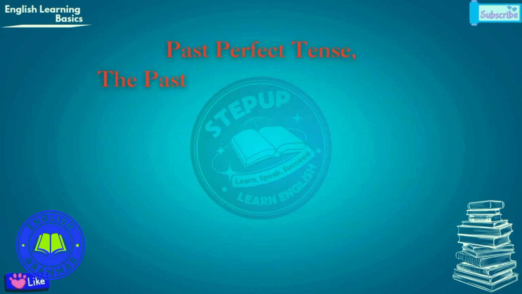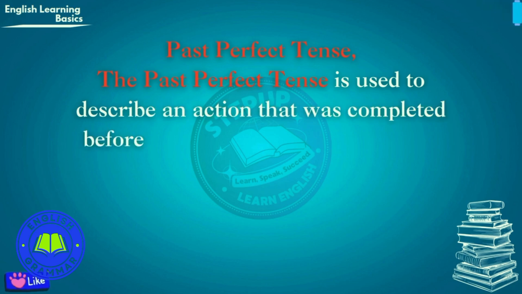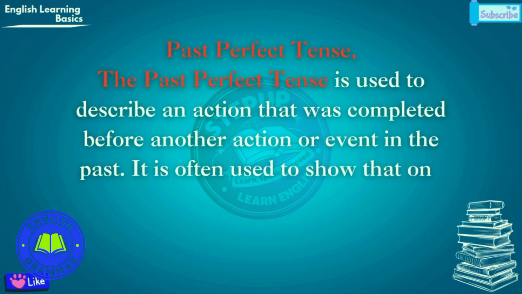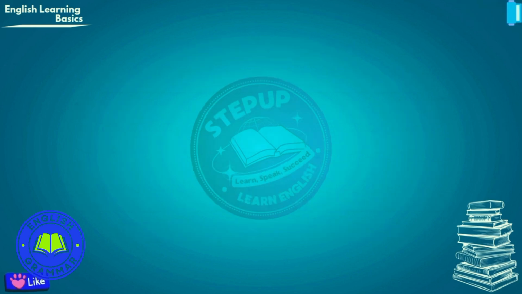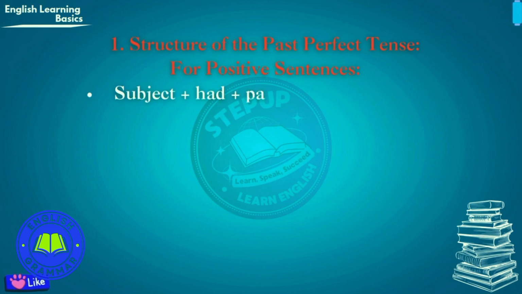Past perfect tense. The past perfect tense is used to describe an action that was completed before another action or event in the past. It is often used to show that one action happened before a specific time or another action in the past. 1. Structure of the past perfect tense. For positive sentences: